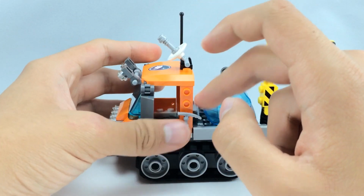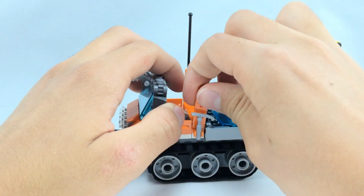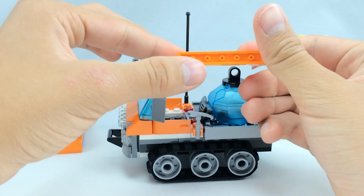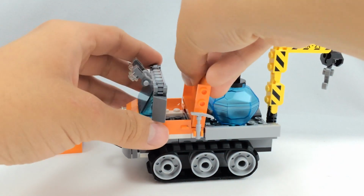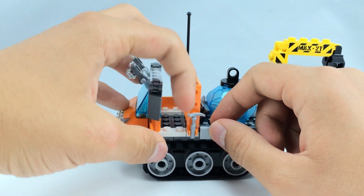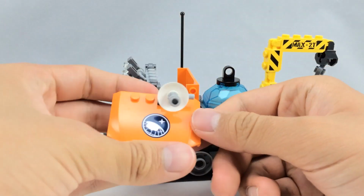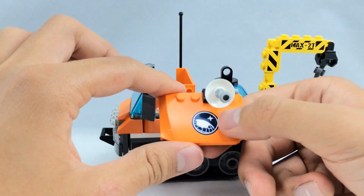Now, there is lots of nice orange pieces. In particular, one of my favorites is this little panel right here, which is a really cool piece in orange. So I do like that piece right there in orange. And you do get these little side doors for the car, which open and close, or I mean side car doors, that's better, because this isn't really a car. And for the top part that removes, there is this little sticker right here, which shows the Arctic logo for